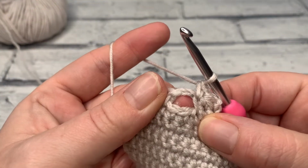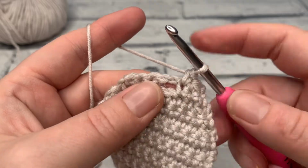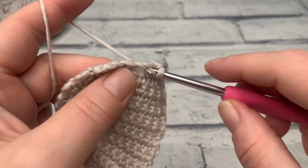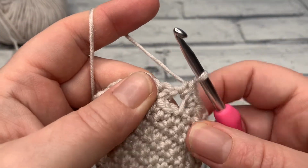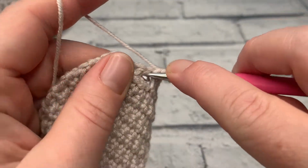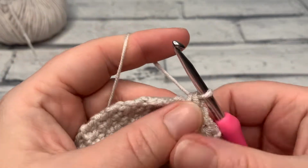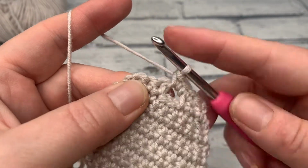And then we've reached our chain 2, and into this chain 2 space we're going to work 2 single crochets. So we just insert our hook into the hole, yarn over, bring our loop up, and yarn over, pull through 2 as normal. We're working a second single crochet into that same chain 2 space. So we insert the hook, bring our loop up, yarn over and pull through 2. We're then going to work 1 single crochet into the next stitch,